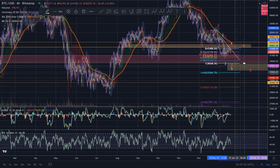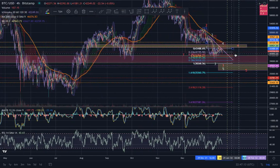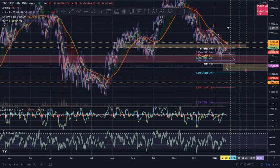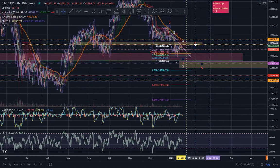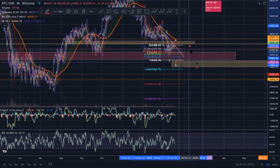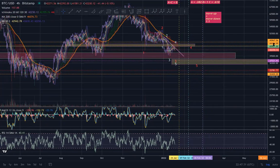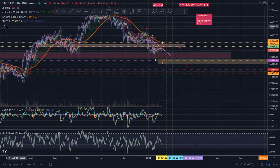If 5 is extended, though, I think we're going to see something a bit deeper, and that'll lead us probably to around the 35 or 34 levels. And then that'll be a harder grind out of there to the 4 wave, or through the 4 wave down into wherever the 5 wave is going to be. I don't know what it's going to look like, obviously, but this is the general sense of what we're getting, and it seems to be confirming it. It's not for sure, but